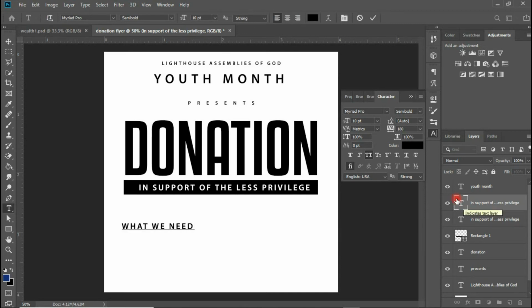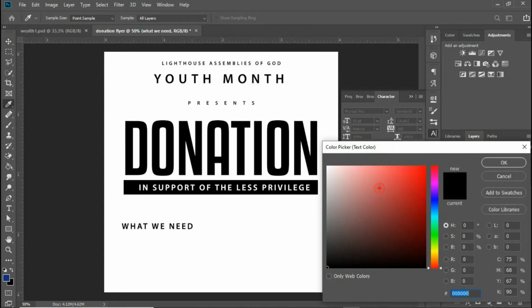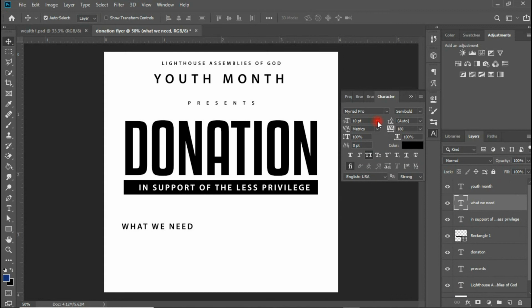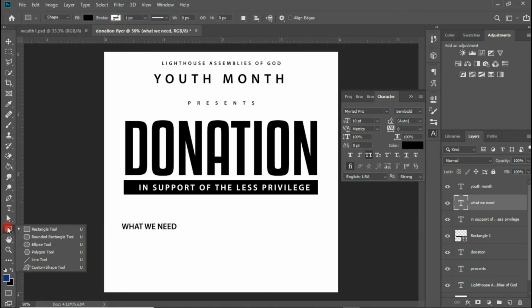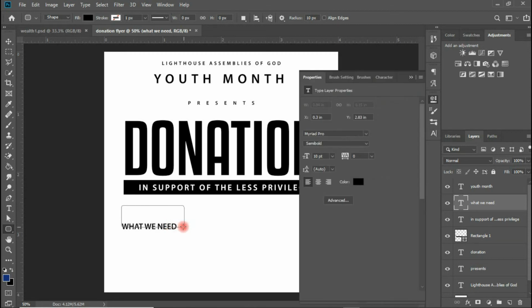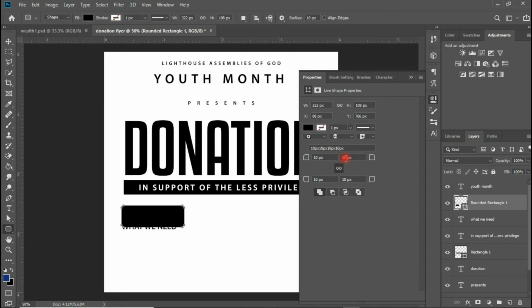What we need, well, I'm actually going to be creating, sorry about that, a shape tool that this text will be placed on. So just something like this, but in here I'm going to be creating it with a rounded 2. Okay, with a rounded 2. Then I'm going to be doing some small changes in here. So I'm going to be making this place